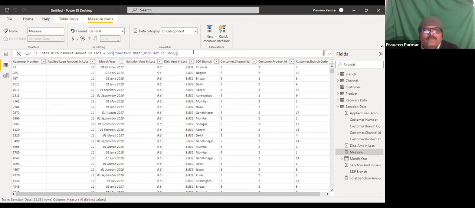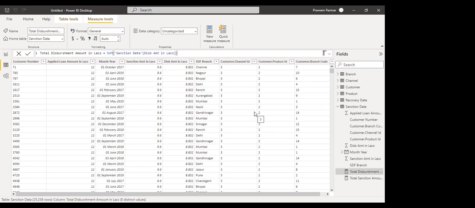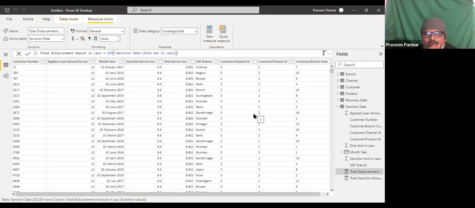I just click this. Got it? Any doubt? So you understand how to create a new column and how to create a measure. Okay. Yes, sir. So this we have created now, the measure.